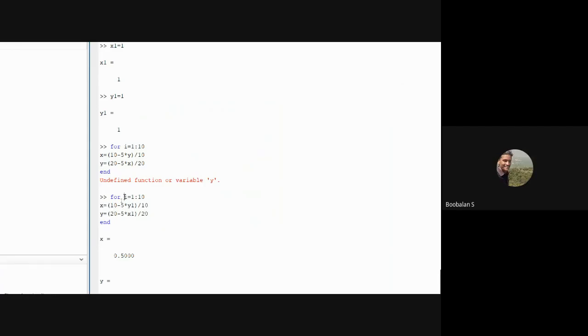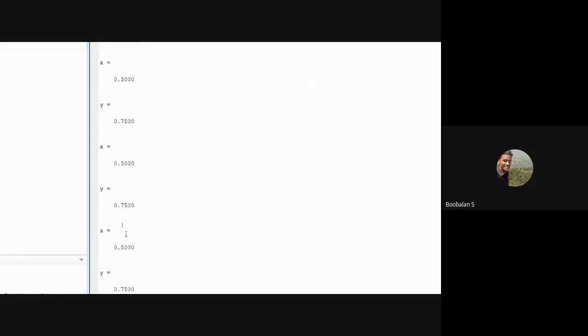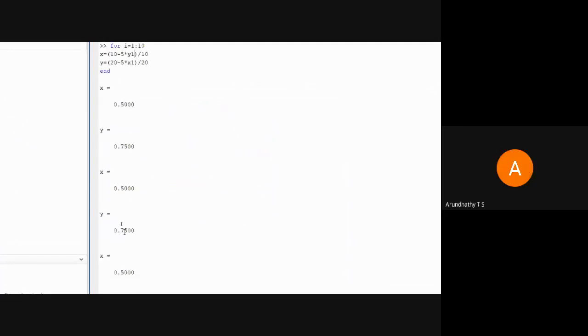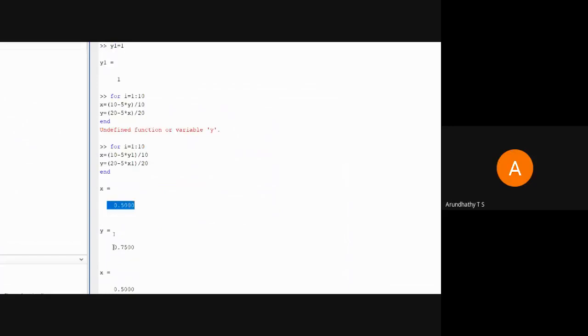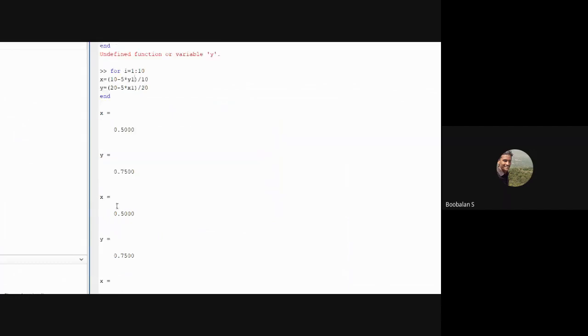x1, but each time the iteration works, y1 becomes equal to... each time the iteration works, the x1, y1 result gets updated, that's all we can see here. Or is the same value repeating? I guess the same values are now repeating. Same values now repeating, not updated. What about if we give x1 equal to 10 minus 5 into y1 by 10? Yes, each time the other value will keep. Yes, not updated. That's why the same values are now repeating.